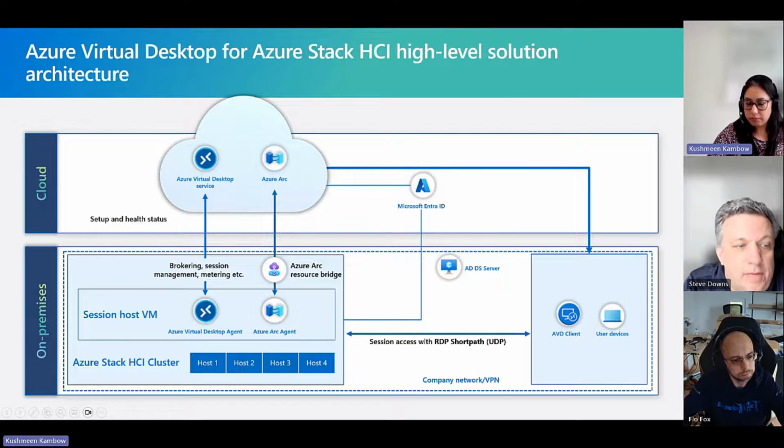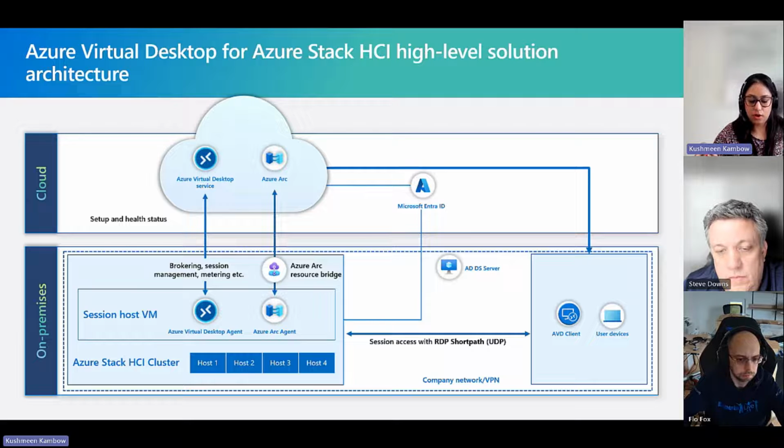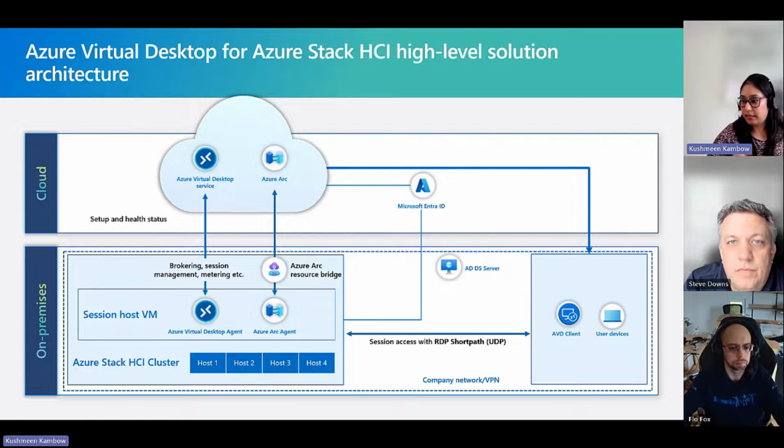And the other service in the picture here is your Azure Arc integration, right? Which comes with Azure Stack HCI 23H2 version. So basically all your Azure Arc infrastructure, which is required to provision and manage your virtual machines on your HCI cluster, comes with the 23H2 version. And what it includes is your Azure Arc resource bridge, all your agentry, right?